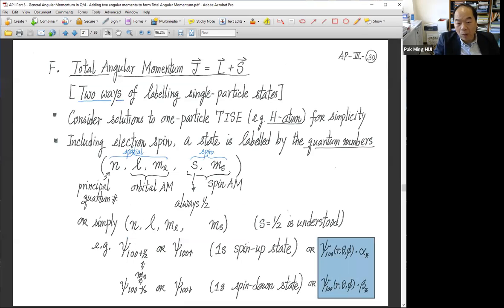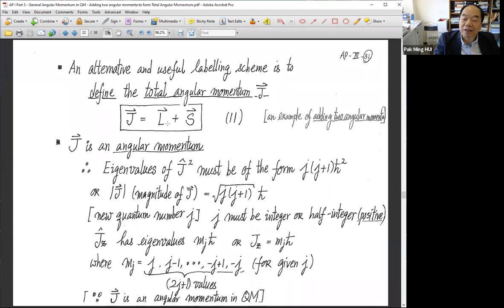Therefore, when we have p, L equals 1, S equals half for the spin all the time, you may wonder: the electron has orbital angular momentum, the electron has spin angular momentum. Will it make sense to introduce a total angular momentum J, which is the sum of L plus S? Okay? So for the student who asked the question, here